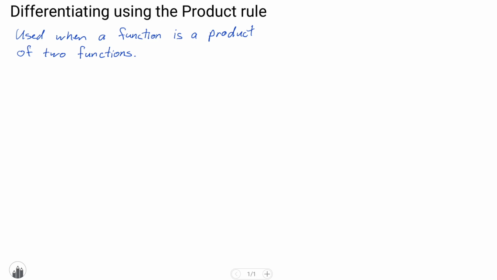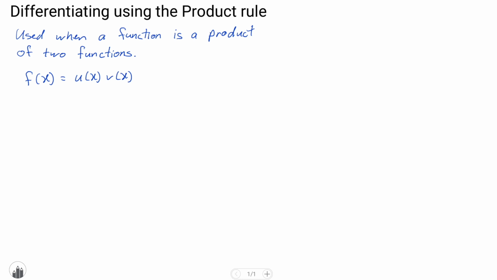In this video, we're looking at how to differentiate a function when that function is a product of two functions. Now, what do I mean by that? Basically, we're looking at a function, let's say f of x, and it is a product of the function u of x and v of x,